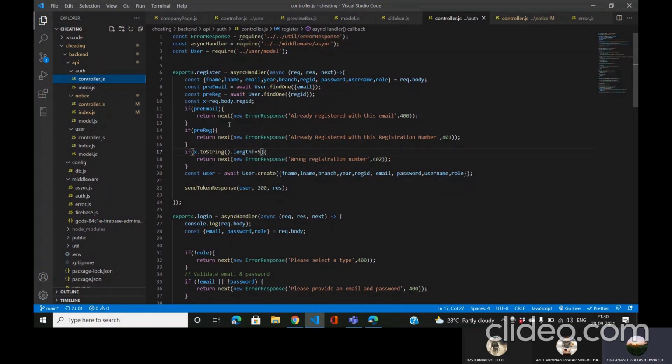If the registration ID is already in our database, it will display a message with already registered with the registration number. And if the registration ID is not 5 digits, it will also display an error message. And if it passes all the criteria, then a user will be created in my database with all these details.